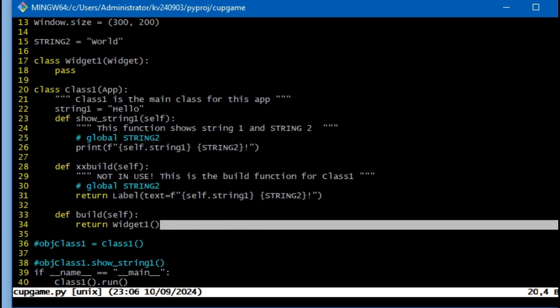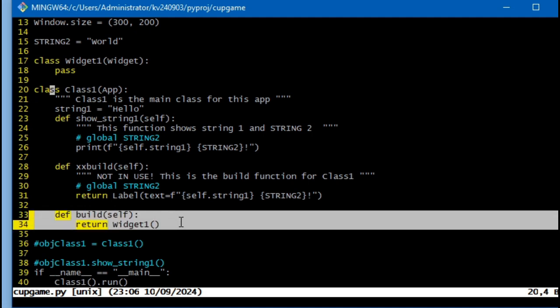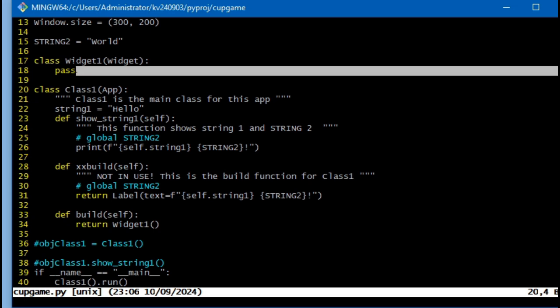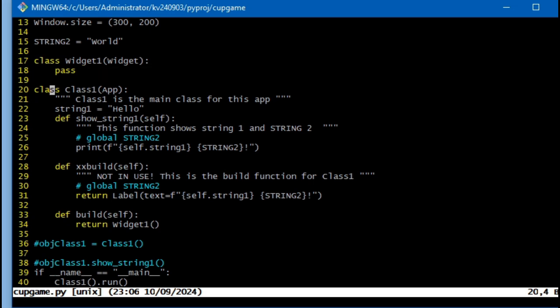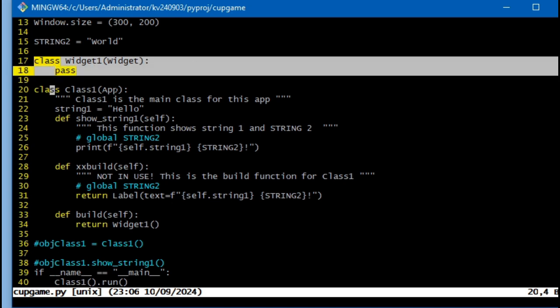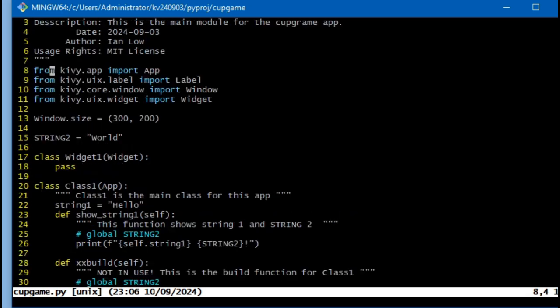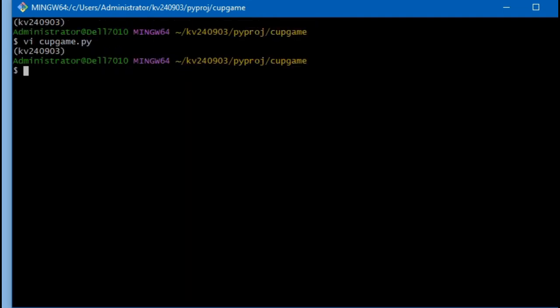The main thing that we need to look at is this function here, which is def build(self) and then return Widget1. And Widget1 is this separate class here, which doesn't do anything. This pass here just indicates that it doesn't do anything. And the reason why it doesn't do anything is that it looks at the file which is called class1. So the class is called Class1, and if we look at the file which is called class1